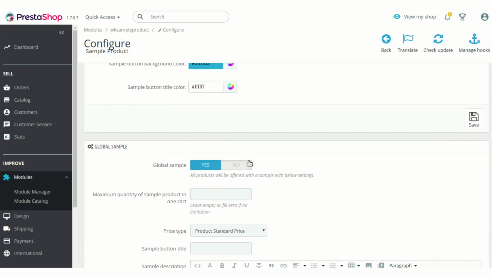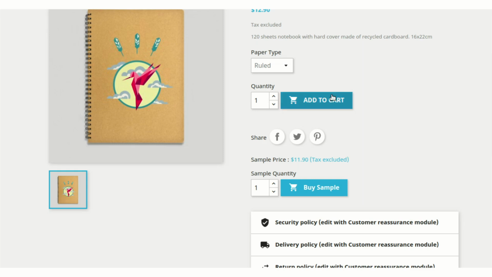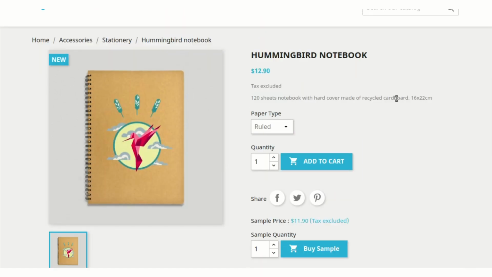Now, next thing is the new version of this module also allows a customer to buy samples of various combinations of the product too.